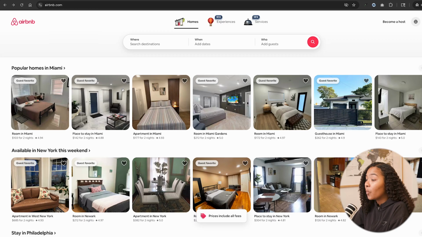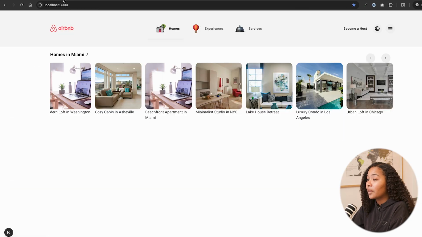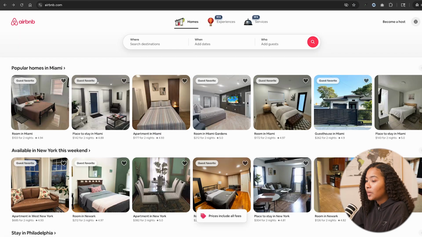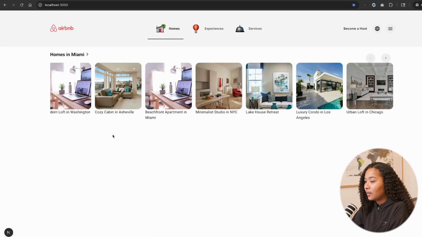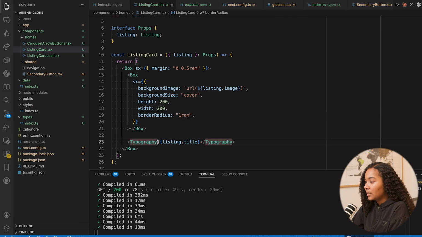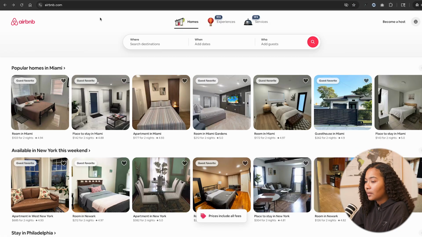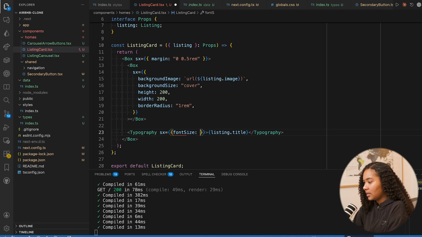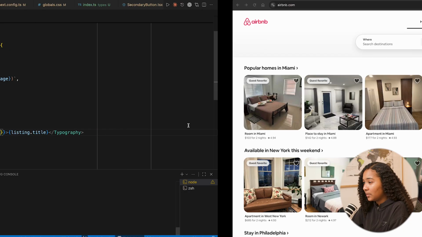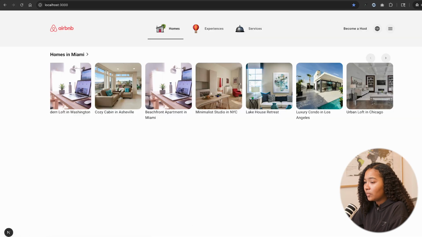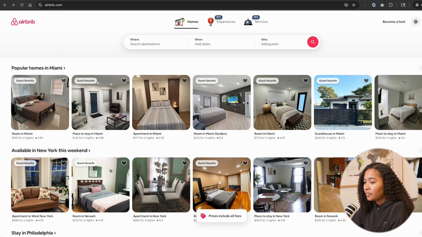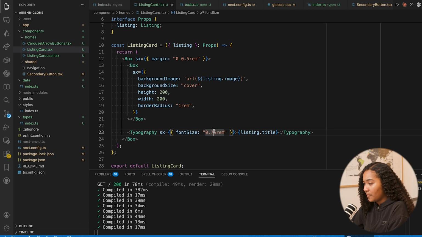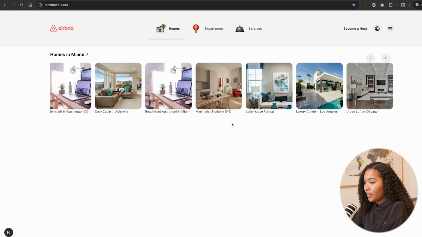Then there is this little favorite button. We're going to need that too. Okay, so underneath now we have the title of the place. So we're going to say listing.title. I reckon that it's probably like font size 0.75 rem. It's a little small. And then we have the